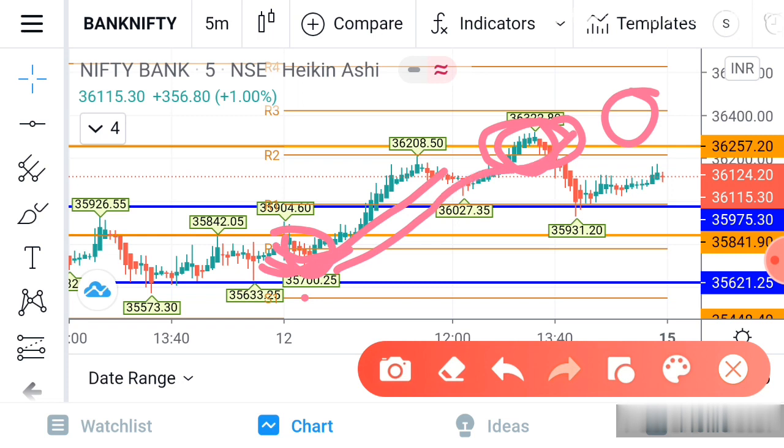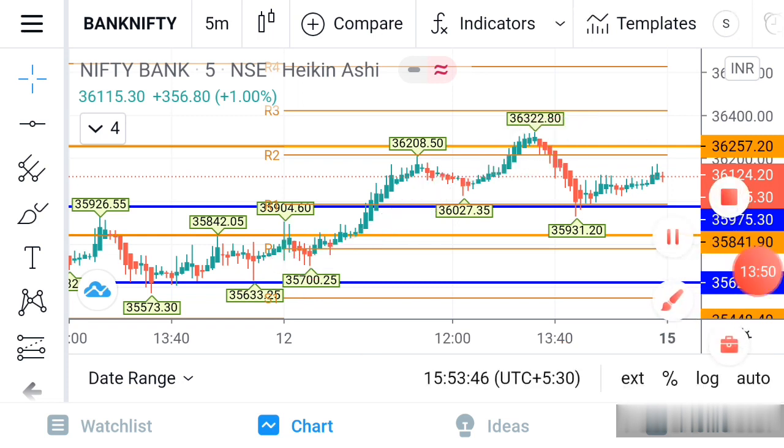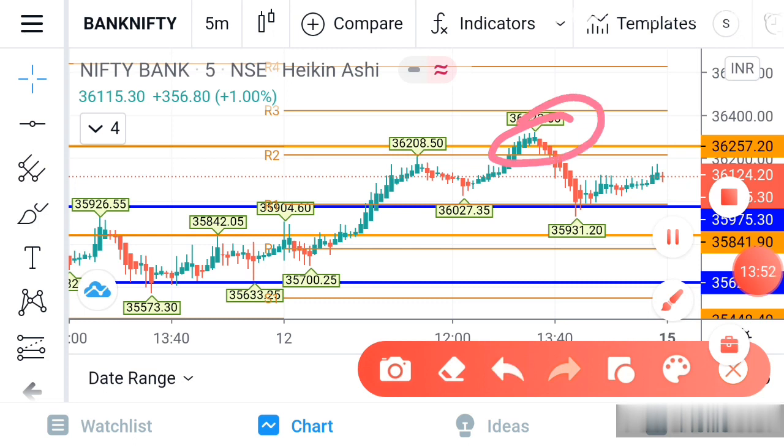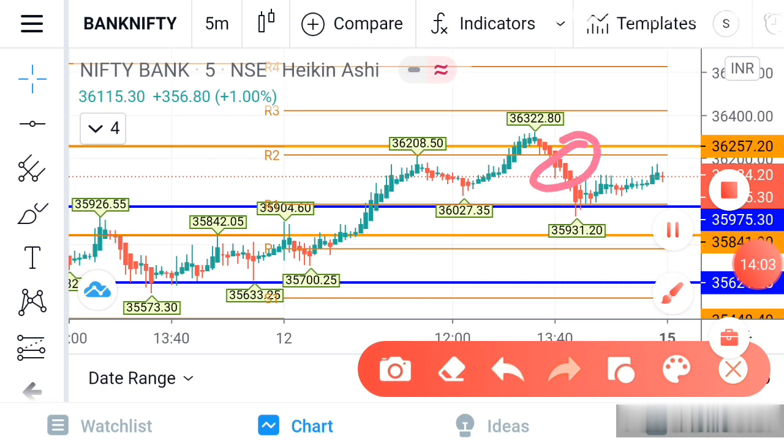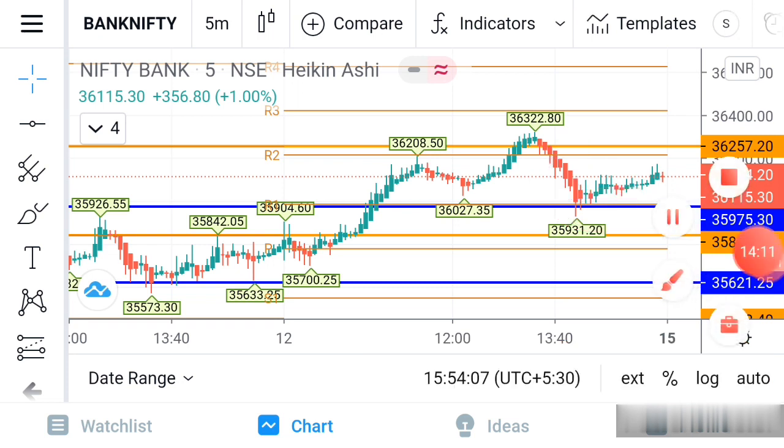Once this green candle is formed, we have to wait for an opportunity, or we have to wait for a proper candle. And immediately you can see a proper red candle is coming. In this case you can see two proper red candles are formed. So your target will be this area, and till there you can wait for the target. Exactly, you can see the fall happened from this area to this area.